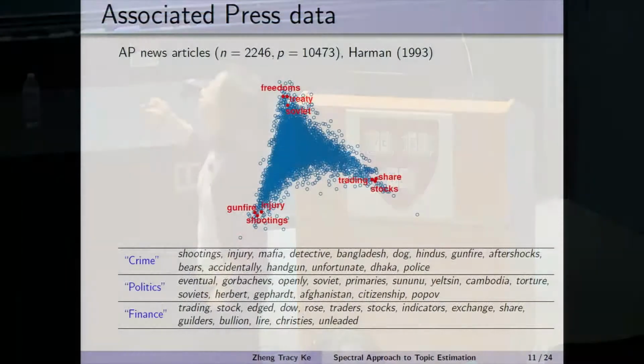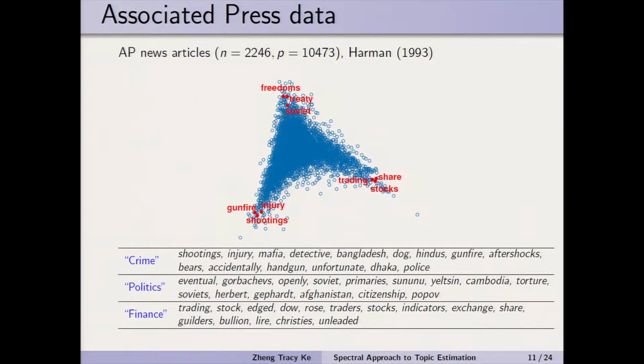And as I mentioned earlier, the real data support our discovery of the simplex structure. And if you look at it more carefully, you will find a very interesting phenomenon. There is a hole here near one edge of this triangle. Can anyone guess what's the reason for this hole here?